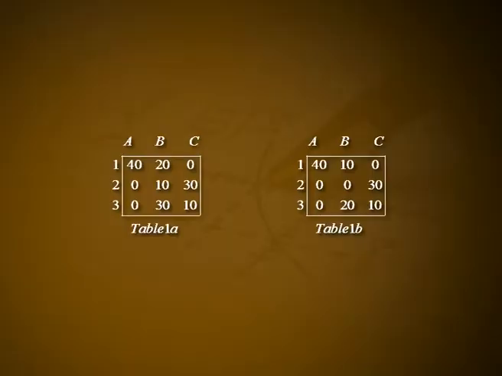Solution. In each row of the given matrix, we select the minimum value and subtract the same from all the elements of the respective row. Here, for the first row, the minimum is 80, for the second row 80 and for the third row 110. The resulting matrix has been shown in table 1A. Then subtract the minimum value of each column from all the elements of that column. The resulting matrix has been shown in table 1B.